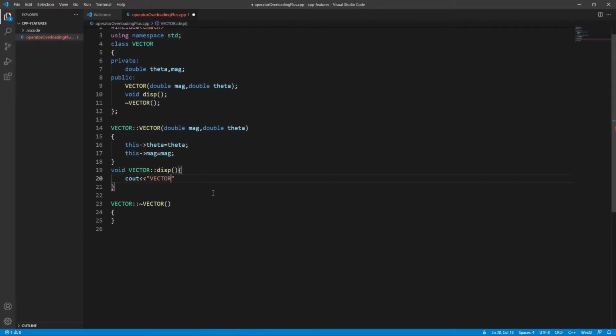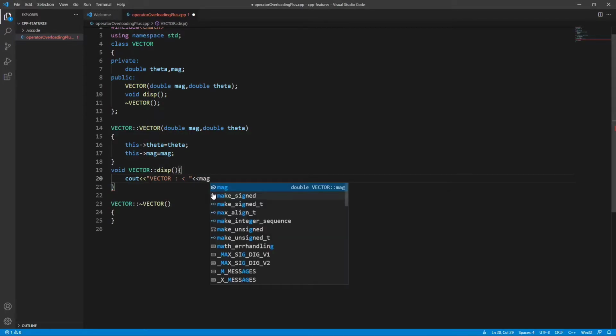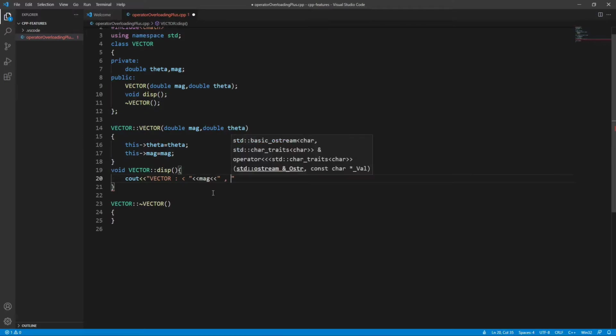And here we write vector, and here will be, let's add some stuff like this, and here it should be mag, and here it should be a comma, and here it should be theta, and this theta will be in radians. We are not going to make it more complex by converting and all, we'll just provide it in radians. Okay, so this is done.